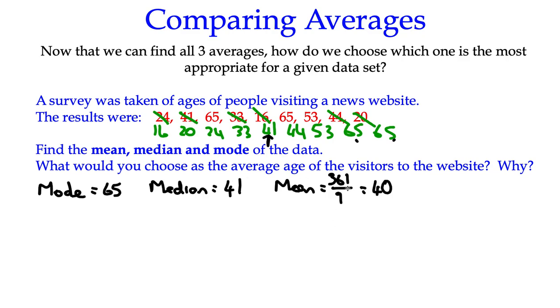Sometimes you actually end up with a couple of averages that are very similar. So here we've got an average of 40 and 41. So I would say that it would be absolutely fine to use either of those averages. I'm going to go with 41 just because it's slightly towards the other average, but there's no other reason. 40 would be fine. So I'm going to choose the median, and I'm going to write down I choose 41 as